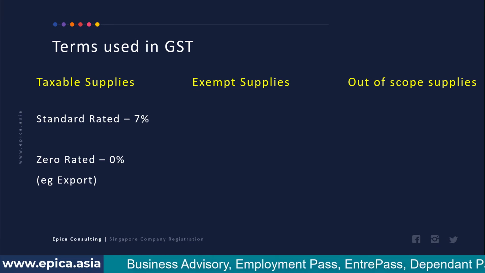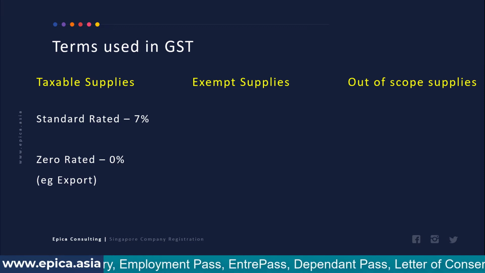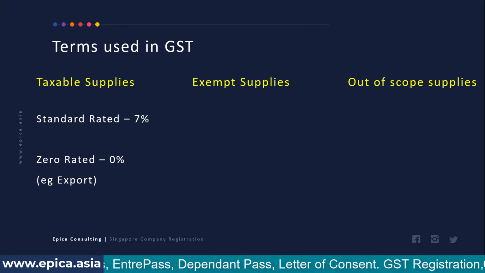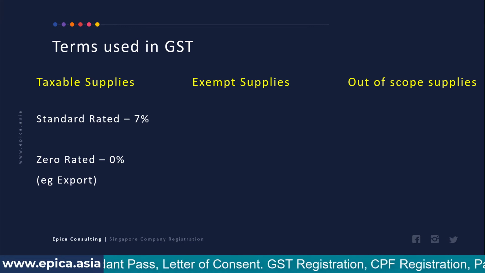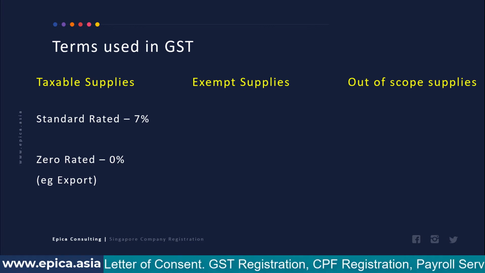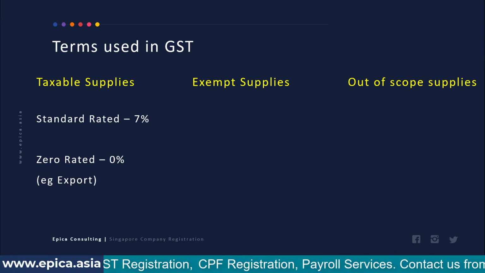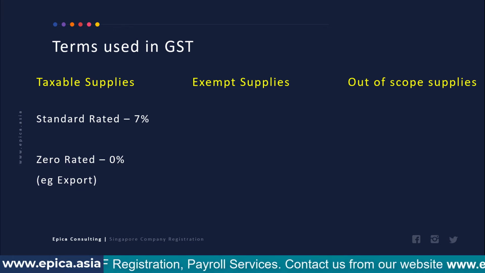Another example of zero rated supplies is the sale of air tickets and international flight packages. Those are also zero rated because the consumption of those goods or provision of services is international. So understand that within taxable supplies there are these two different terminologies, and depending on the party to which you are selling, supplies can be classified in either of the groups.